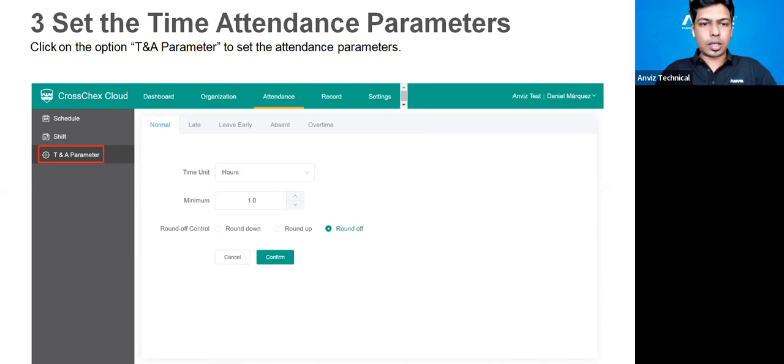For normal, you can select a time unit as hours, minutes, or days. I have selected hours here, and I have set the minimum time unit as 1 hour. So I can set it to 0.5 as well, or I can set it to 0.1 as well. But I would suggest you set it to either 0.5 or 1, so that you can get the actual data in a proper format. In the same way, I can set the late and early going, absent and overtime